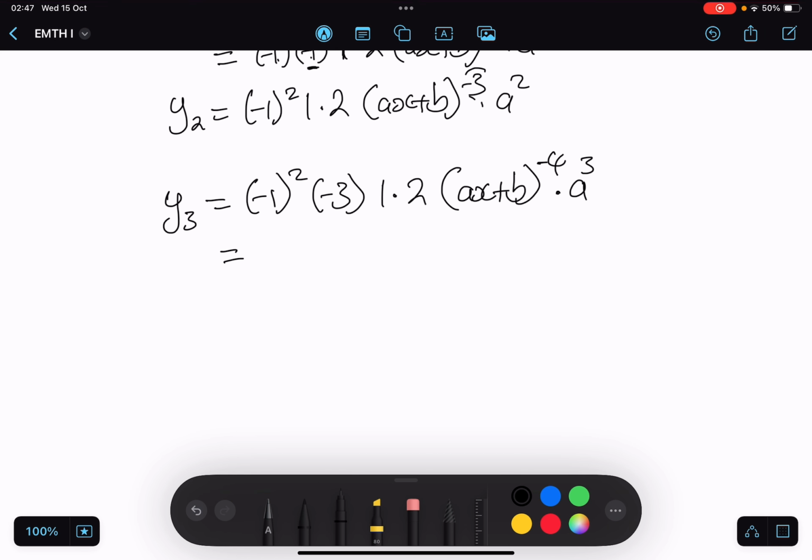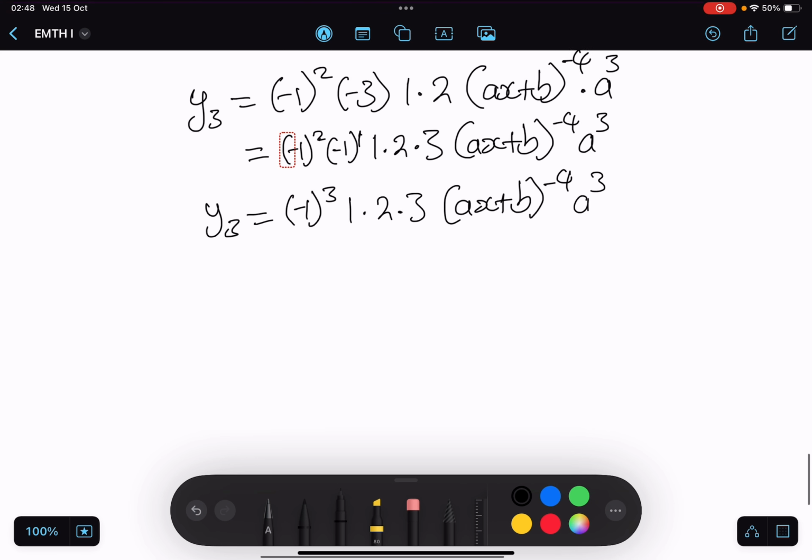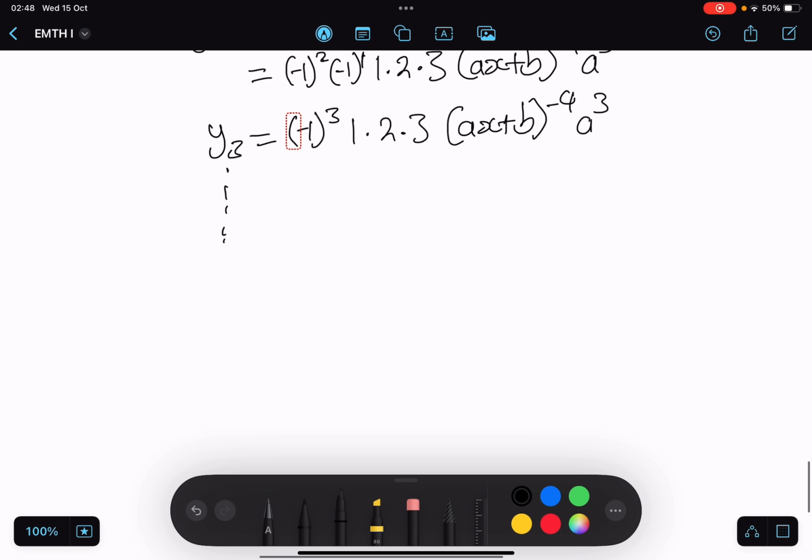From here we're going to factor out -1. So we're going to have (-1) squared times -1, and then we are going to have 1 times 2 times 3, and this is going to be (ax plus b) minus 4, a cubed. And then here this y3 is going to be (-1) to the power 1, which is going to be what? -1 cubed, because we get the power of the same base. So we're going to have 1, 2, 3 over (ax plus b) minus 4, a cubed. So now if you differentiate this, you want to find the yn, the nth derivative, you're going to have